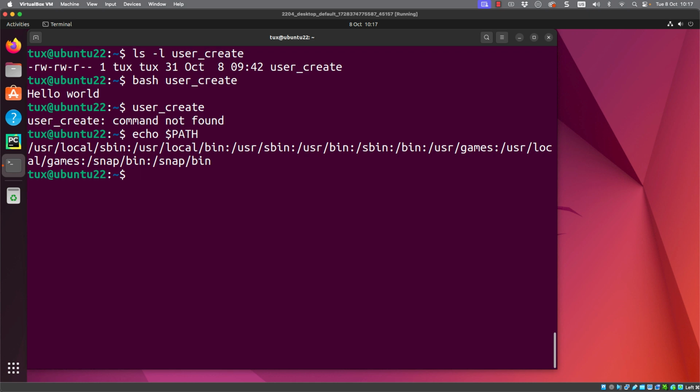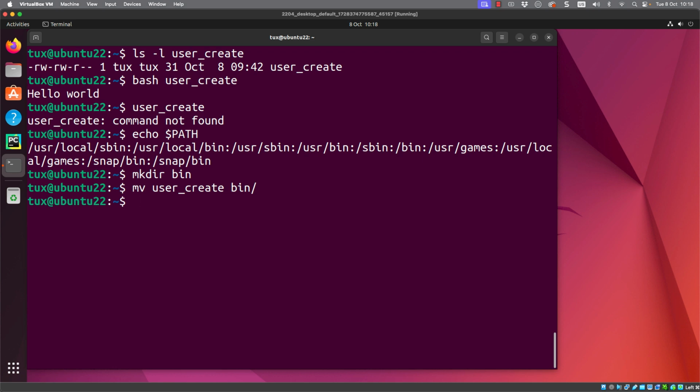All of these directories as well are system directories. Now, eventually, when my script is fully developed, I will probably want it in one of these system directories. But whilst I'm developing it, I will probably create a directory for myself. So in my home directory, I'm creating a directory bin for binaries, not bin for the trash can. But I can move my script into that directory.